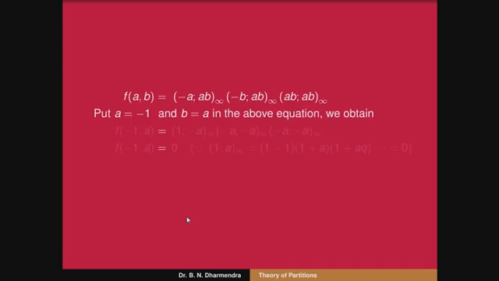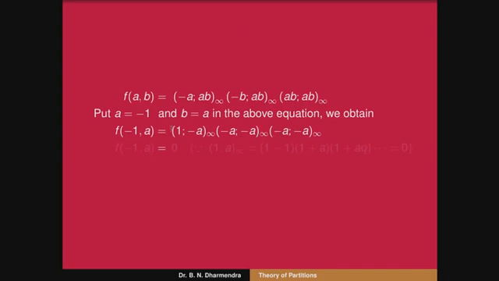So, therefore, we know that f(a, b) is equal to, likewise in terms of Ramanujan's theta function definition, there is a q-product. So, we have to put a equal to minus 1 and b equal to a in the above equation. It can be written like this. After the replacement, the value of a is equal to minus 1 and b is equal to a, so f(-1, a) is equal to (1; ...)∞ (-a; ...)∞ (-a; ...)∞.